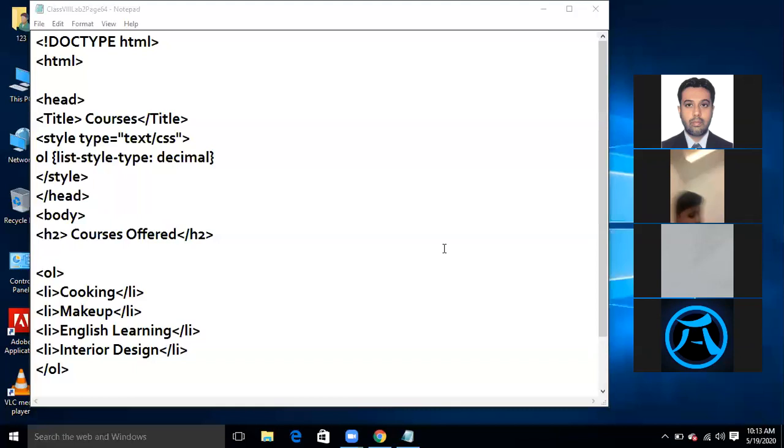Okay. So lab activity number 4 is mentioned on page number 64. Again, we are going to do the lab activity number 4, lab 4, page 64.